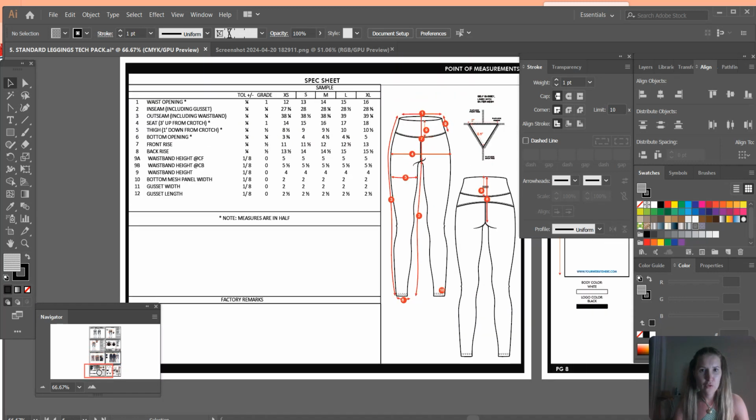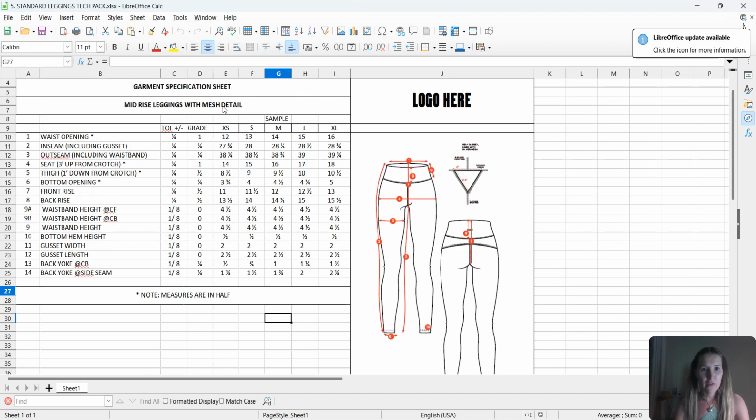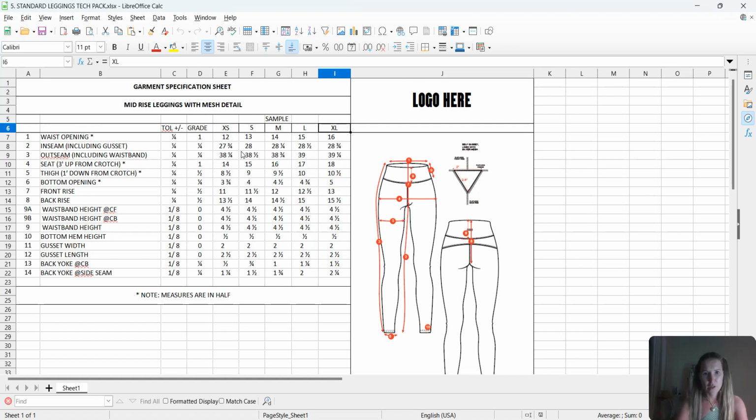Now we're gonna move to the spec sheet. I already have a spec sheet, so all my tech pack templates come with a spec sheet. I have the spec sheet from size XS to XL, but you can add any size you want. You can go up to 4X. I have some spec sheets up to 4XL, which I'm gonna upload soon, but this is already done for you. So all you have to do,